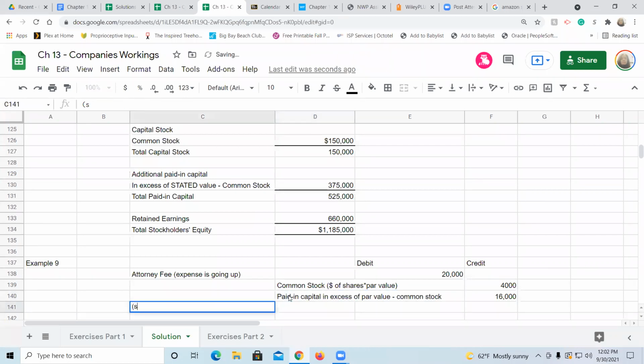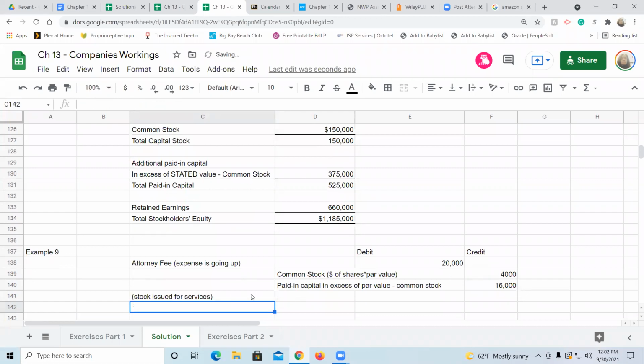And so this is stock issued for services. Just so you remember. So now we've applied a lot of principles there, right? We said that